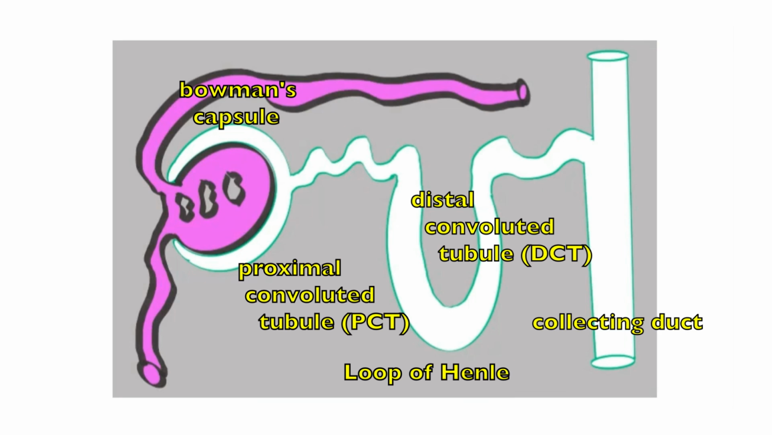Now, if I'm going to say very strictly what components make up the nephron, I would say Bowman's capsule, proximal convoluted tubule, loop of Henle, and the distal convoluted tubule. I wouldn't include the collecting duct as part of one nephron. The collecting duct is shared by multiple nephrons. That is to say, there are going to be multiple distal convoluted tubules dropping their filtrate directly into the collecting